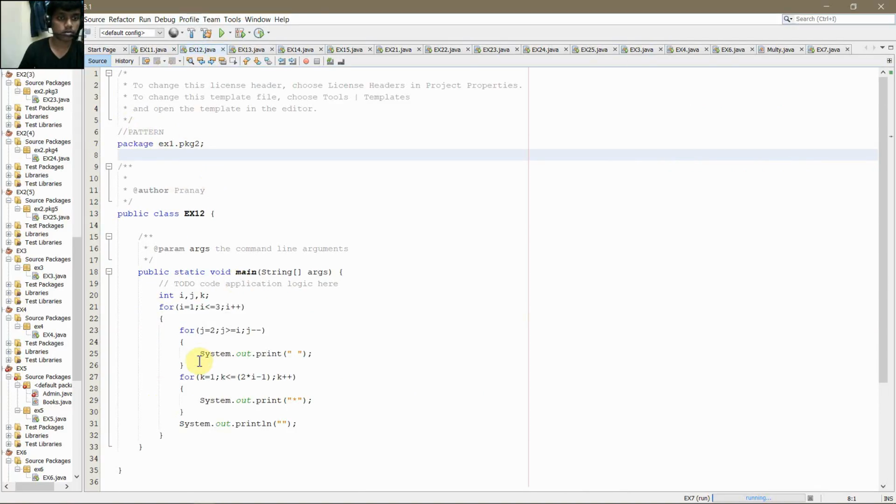That is, we have to draw a triangle pattern. So at first we have initialized three variables, that is i, j, k. Then we have given a for loop here. We have initialized i with 1. Then we have given a condition that i is less than or equal to 3, and i is incremented in every iteration. And we have given another for loop inside that for loop,